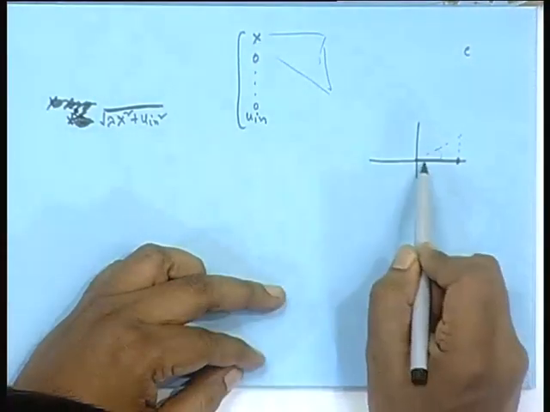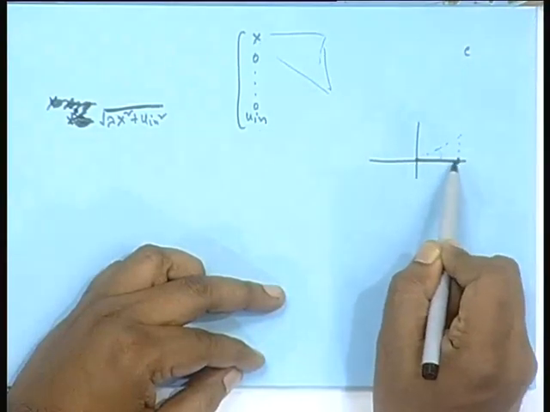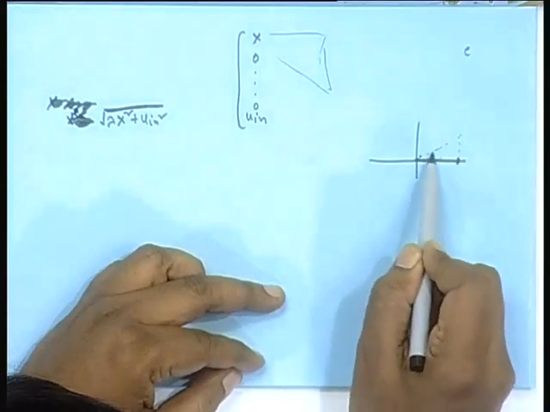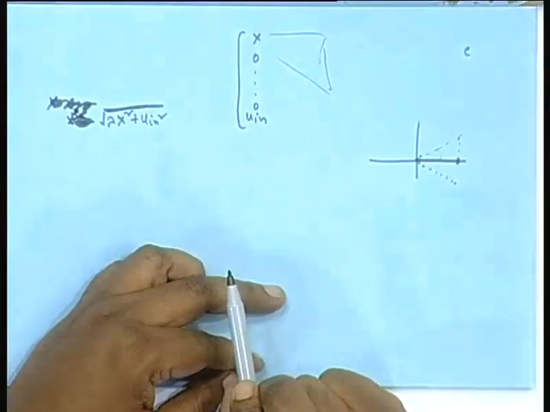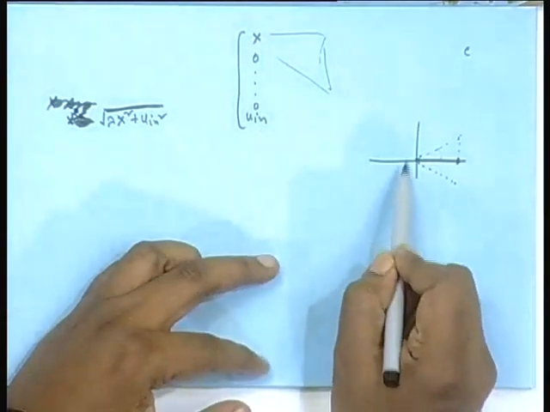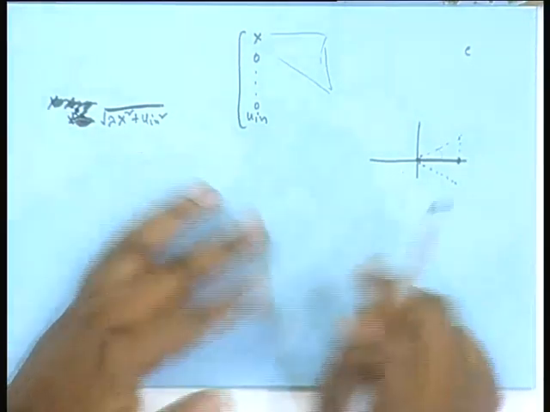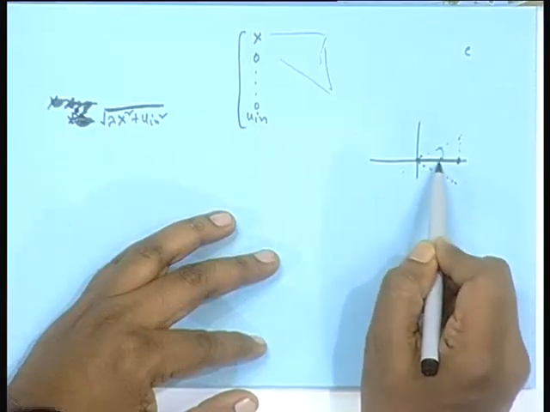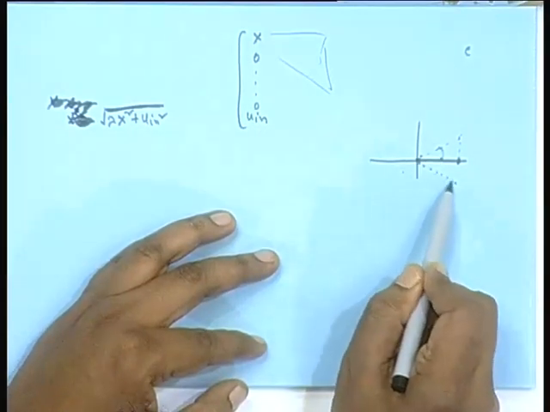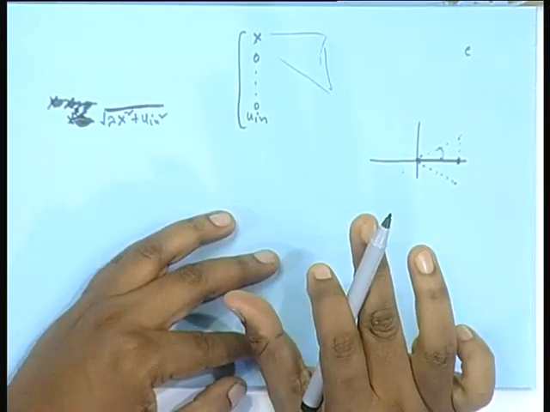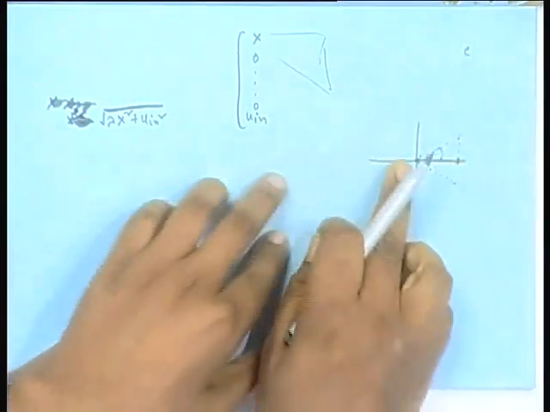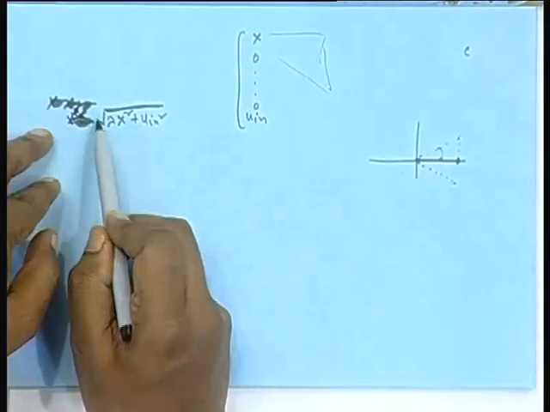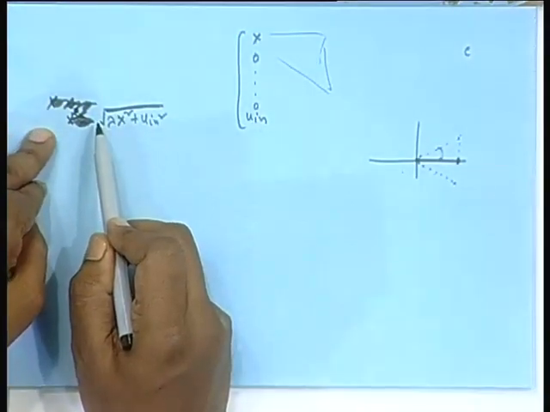Okay. That is, if x is positive, then either you are here or you could be here. If you are here or here, x is negative, we will consider that later. If x is positive, either here, so you rotate this way, or you are here, rotate this way. But in either case, this much length with a positive sign will be your x coordinate. You are rotating this way or this way, but this much length with a positive sign, right. So, that means if x is positive, then just this with a positive sign will be your new x coordinate.